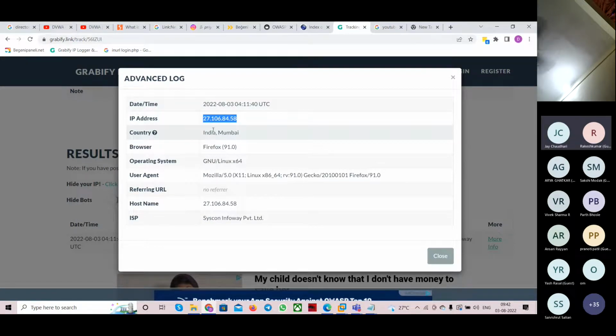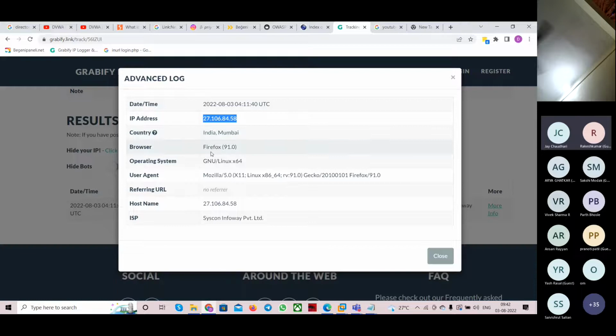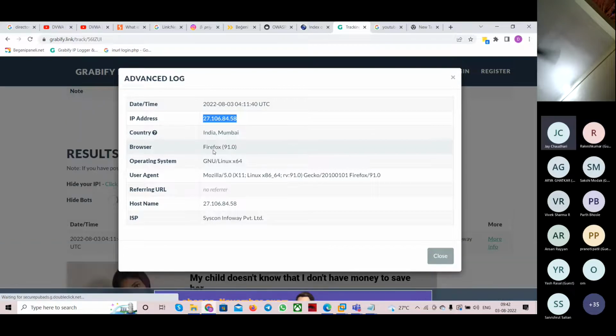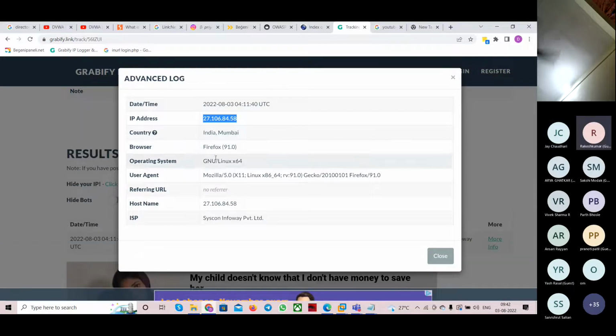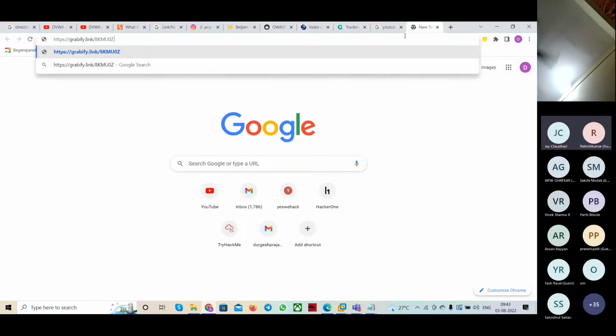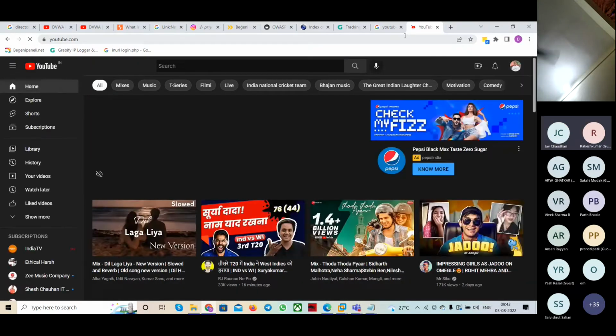Okay, and this is the country name, and the browser क्या use किया, Mozilla Firefox use किया, Chrome होता तो Chrome बताता। ऑपरेटिंग सिस्टम कौन सा है जहां पे ब्राउजर यूज किया, अगर से आप मोबाइल फोन में यूज करोगे तो मुझे क्या आएगा, एंड्रॉइड समथिंग आएगा। मैंने लिनक्स में ओपन किया तो लिनक्स आएगा। और अगर से विंडो में ओपन किया तो विंडो आएगा। जैसे देखो अभी मैंने यहाँ पे इनकेस ओपन किया और लिंक, सो मुझे यहाँ पे उसकी इंफॉर्मेशन आएगी, एज यू कैन सी ओवर हियर।